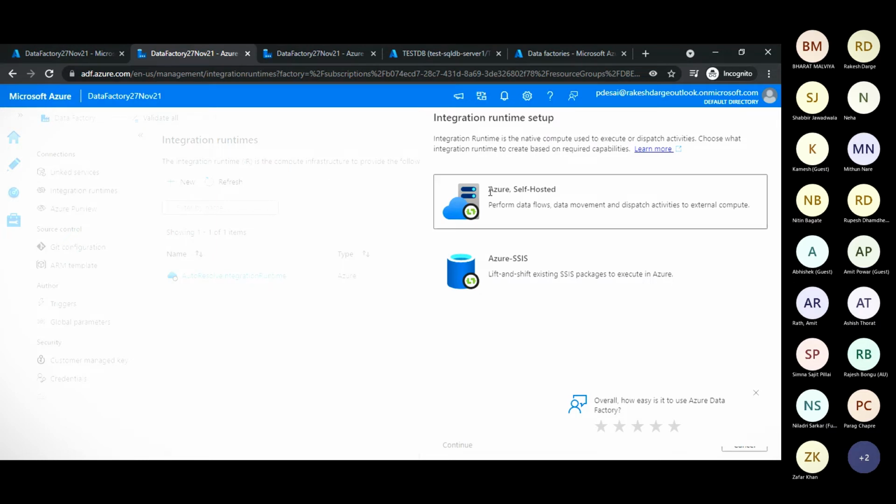And here is another option, Azure self-hosted. This is very useful when you have on-premises databases and you need to move that on-premises data to the cloud. So how will you do that? For that, you need to create an integration runtime, Azure self-hosted, and after you create it, you have to install one of the installers on your on-premises VM so that you can connect to your database using that self-hosted integration runtime. So we will not consider these cases right now because we need to go with one of